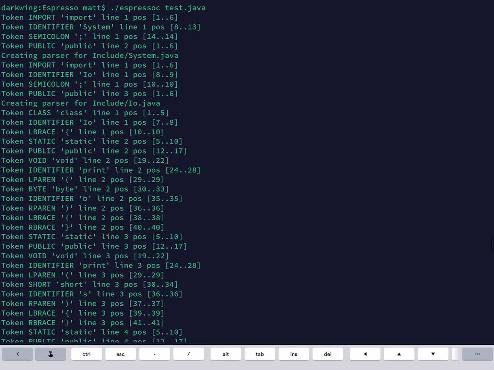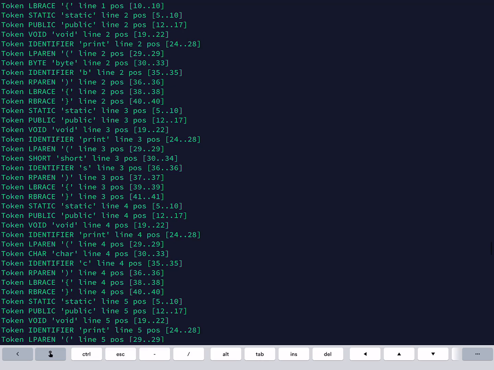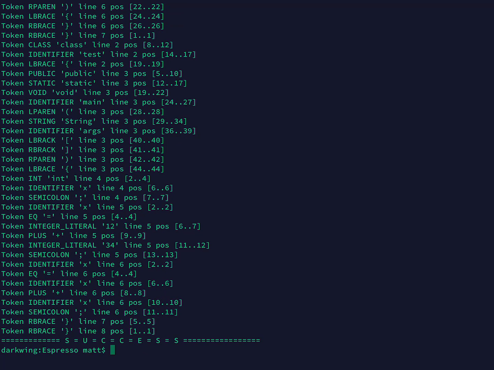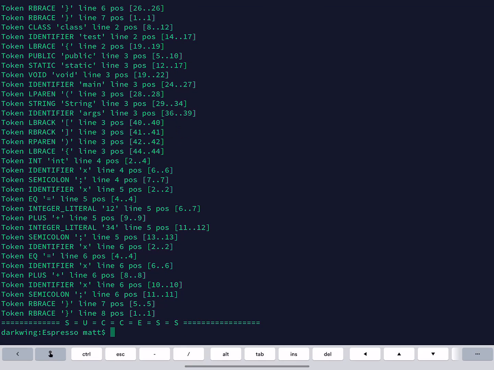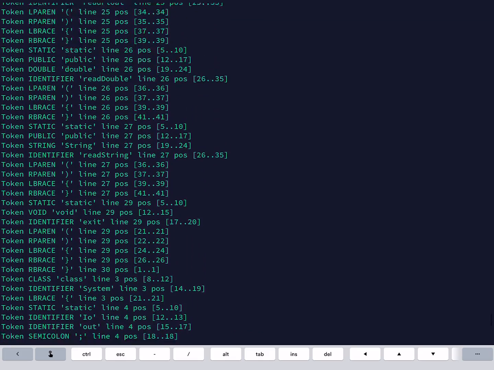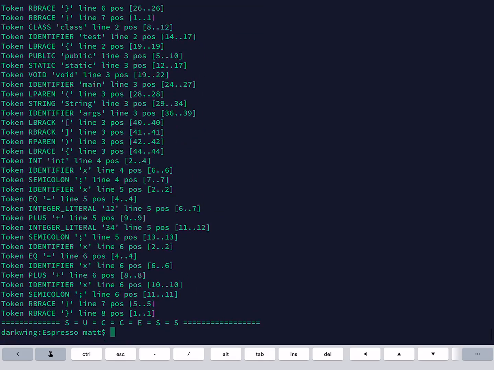Basically, the only thing that the output is, is just the toString method from Token.java. So you can see here we have token short. Let's do the bottom one here. It says token identifier X. So it scanned the identifier X in line 6, position 10 to 10. Right, so that's what hopefully comes out of my reference compiler once I get things looked at with Jamie. Though, give me a day.